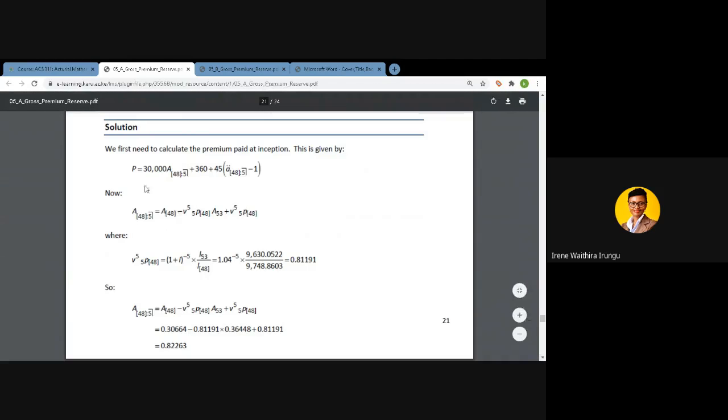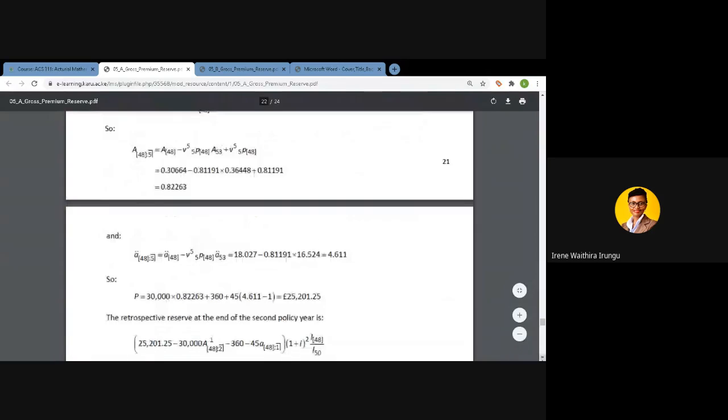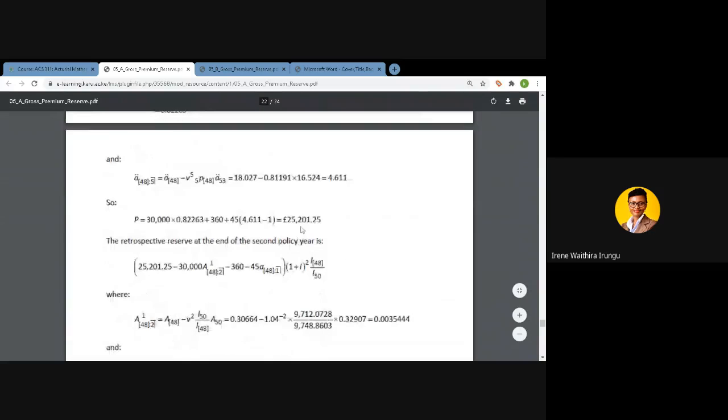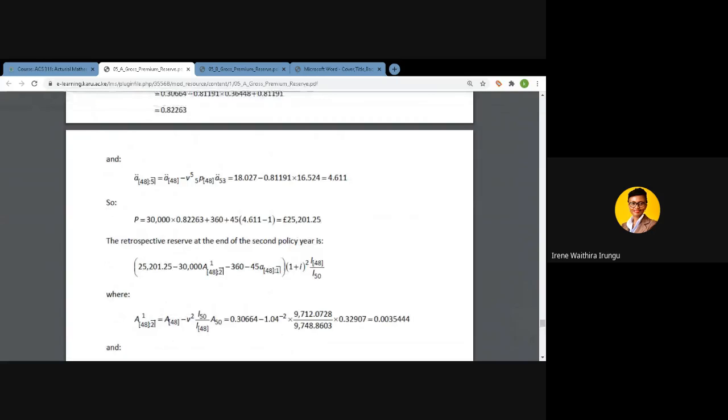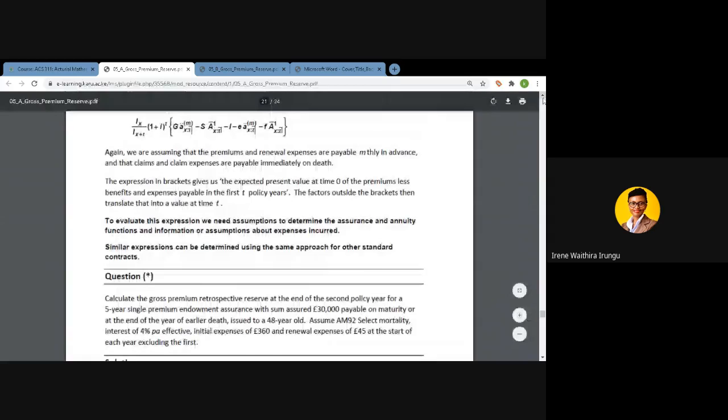So we solve for this using the appropriate tables and obtain that our premium is equal to 25,201. So this is our premium. We can now embark on determining the retrospective reserve. So if we go back to our original formula, this formula was for the whole life. So if we wanted to translate,